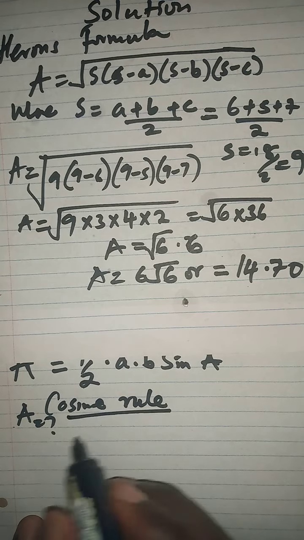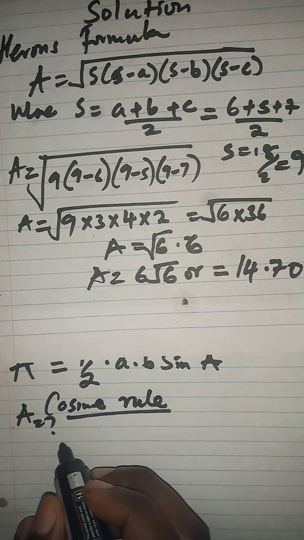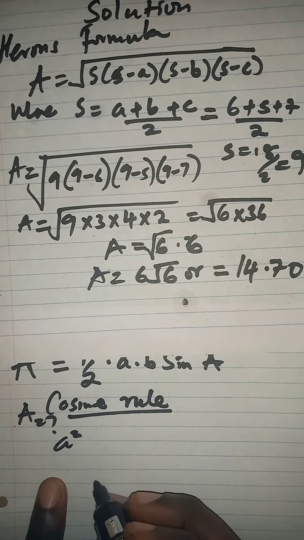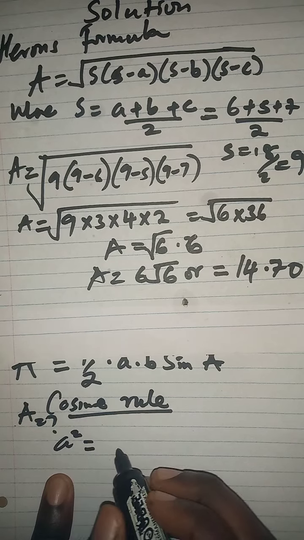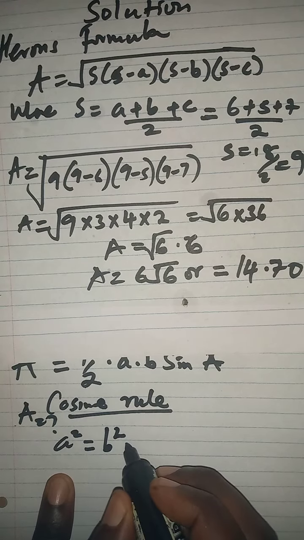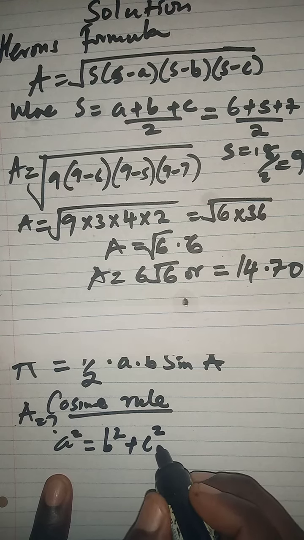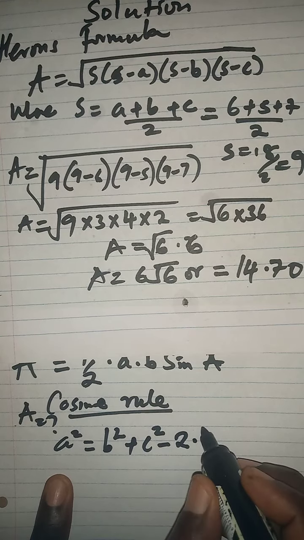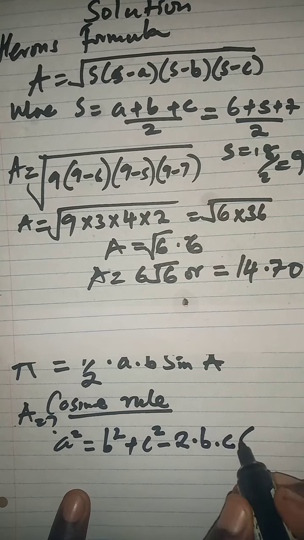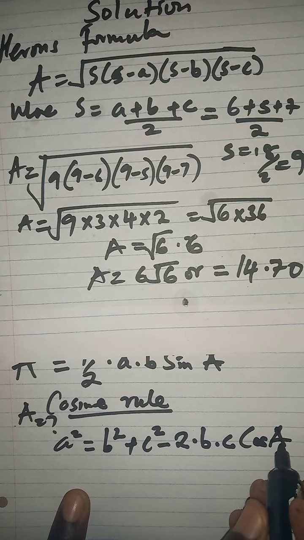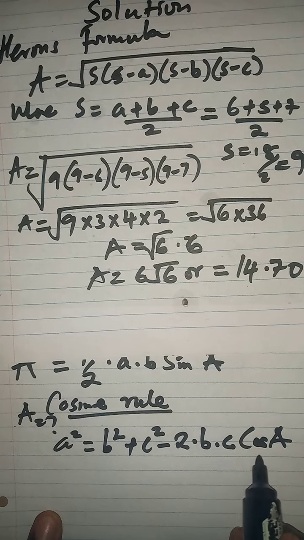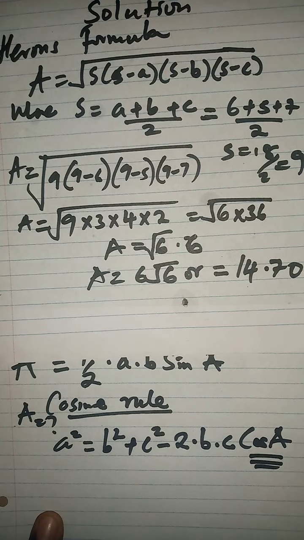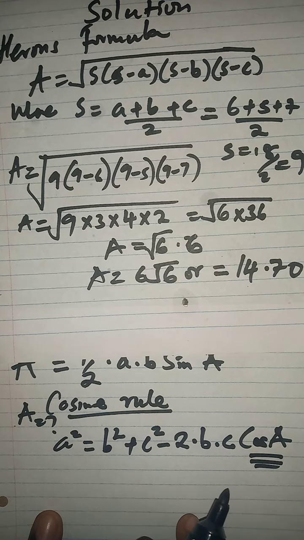The cosine rule says that a squared is equal to b squared plus c squared minus 2 multiplied by b multiplied by c times the cos of A. So using this approach, I'm going to use the angle A,